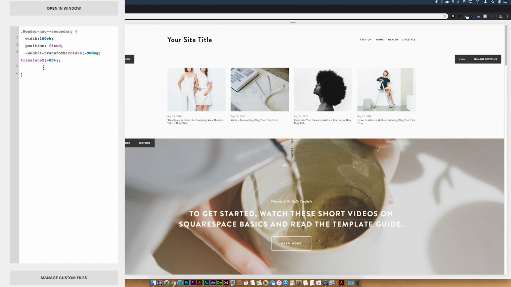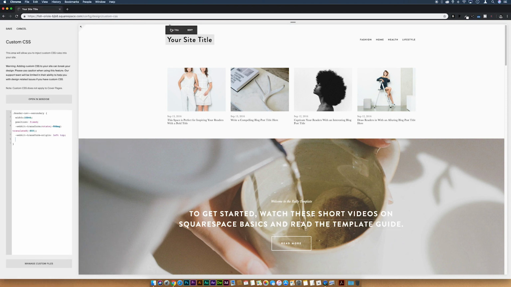So we're going to put -webkit-transform-origin: left top; You see now it's moved up to the top, so what we need to do now is bring it down a bit and over to the left. So we put left: 0; text-align: center;